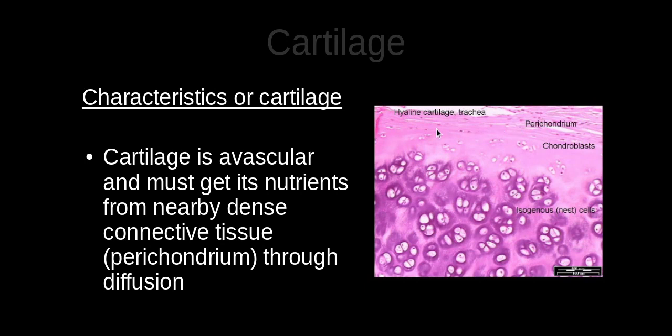That's the dense connective tissue, and we'll talk about what that looks like later on, that is vascularized and has a blood supply that can supply these chondroblasts adjacent to it with the nutrients it needs. But because cartilage doesn't have a direct blood supply and relies on diffusion of nutrients from the perichondrium,